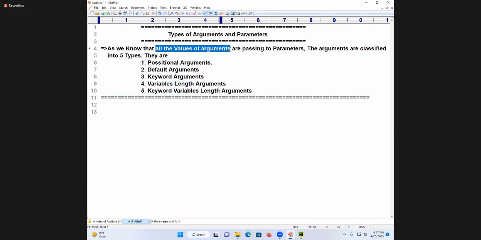First of all, the values of arguments are passing to whom? Parameters.